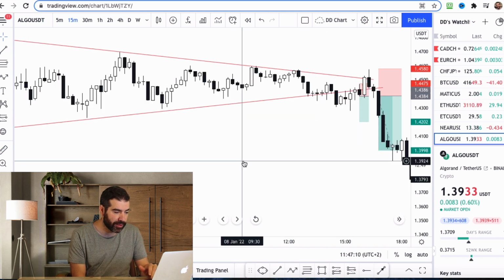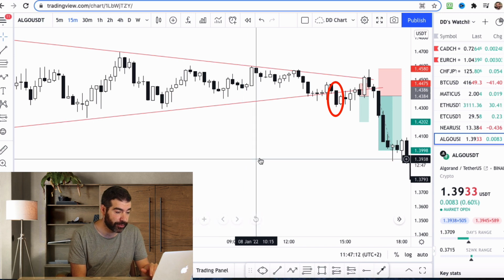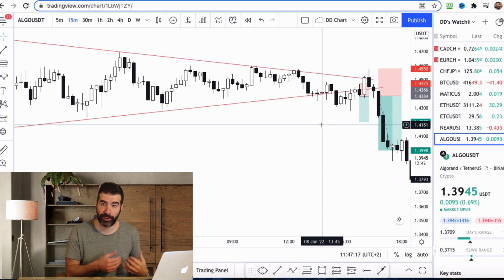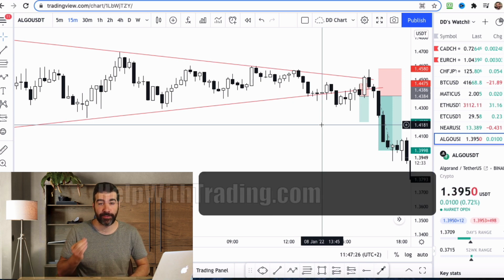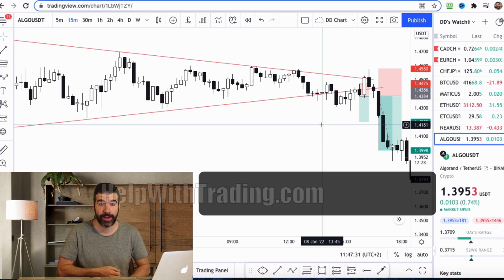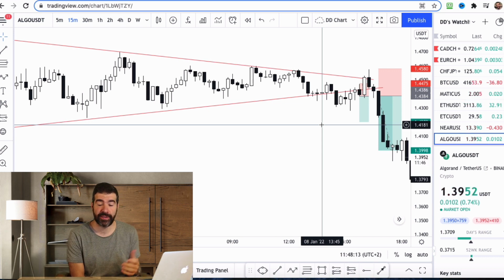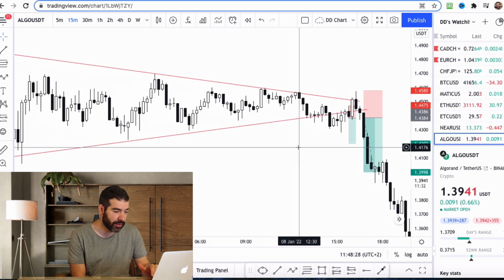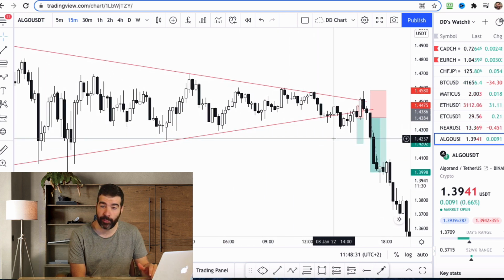But once it kind of broke this pattern, I was looking to go short. So here was the break, and I wanted to be smart and wait for the break and the retest. If you guys don't know what that is, it's a really important part of technical analysis. Check out my course, helpwithtrading.com, where we talk a lot about the break and retest. The break and retest is a great place to make your trades. We're going to assume after the market breaks out, we like to see a retest before it continues with the breakout. So over here, it did break out of this descending pattern, and I wanted to wait for the retest,